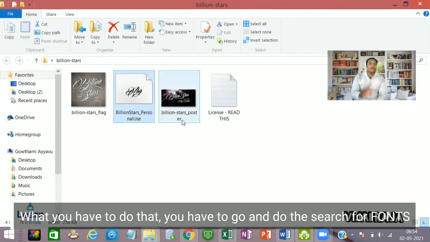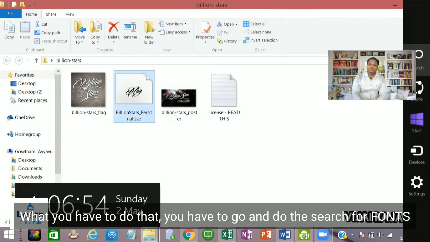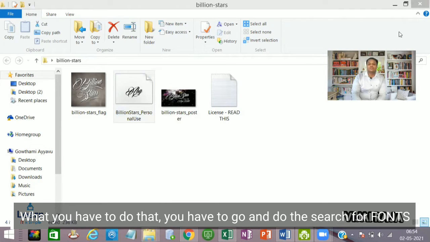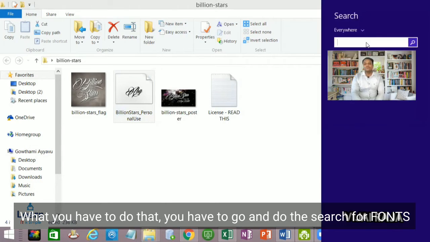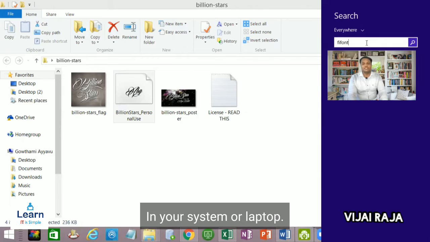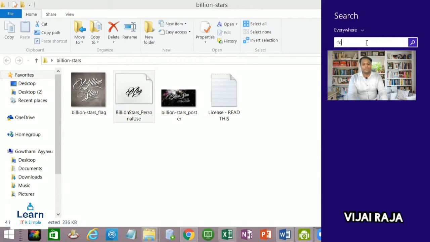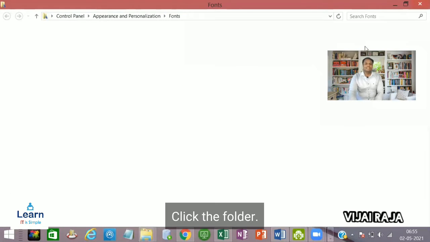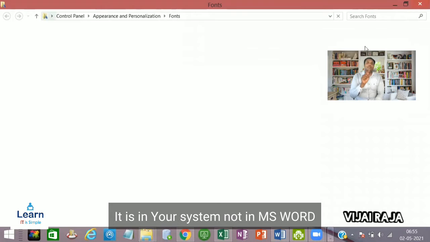Now you have to search for fonts in your system or in your laptop. Just open the folder in your system, not in MS Word.